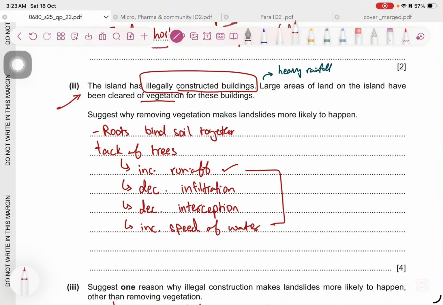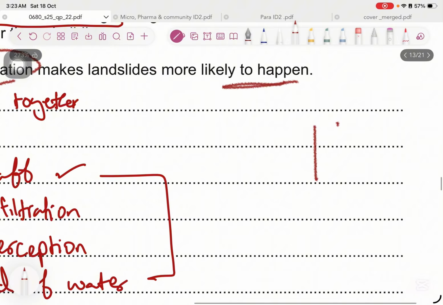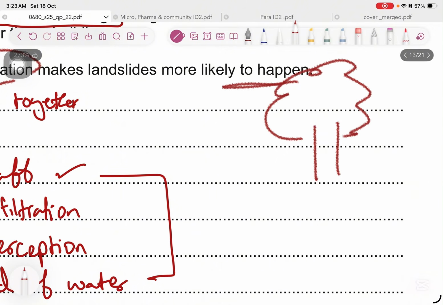The island has illegally constructed buildings. Large areas of land on the island have been cleared of vegetation for these buildings. Suggest why removing vegetation makes landslides more likely to happen. Vegetation, let me tell you the story behind this. When you get a tree, guys, trees are very important. Don't cut trees. Anyways, when you get the tree, okay, you get the roots